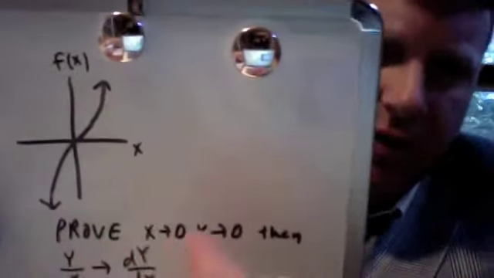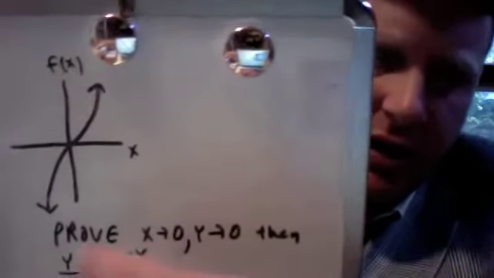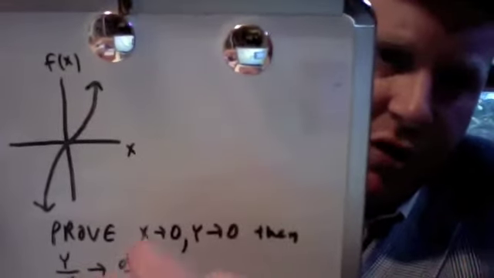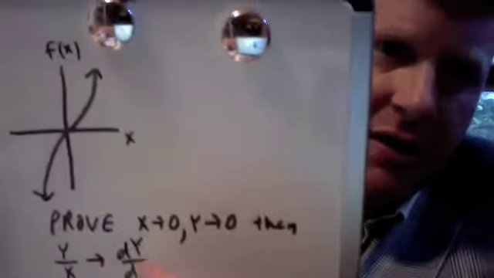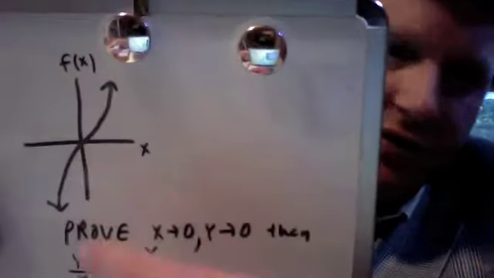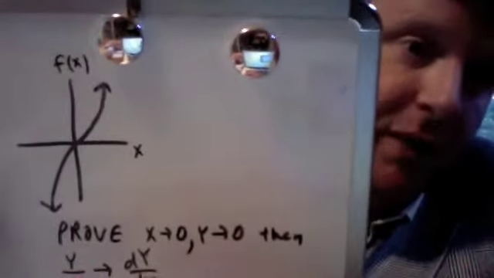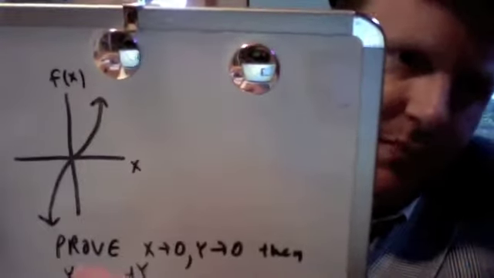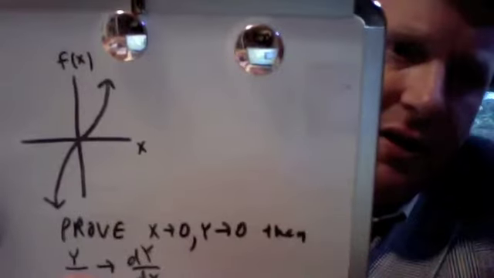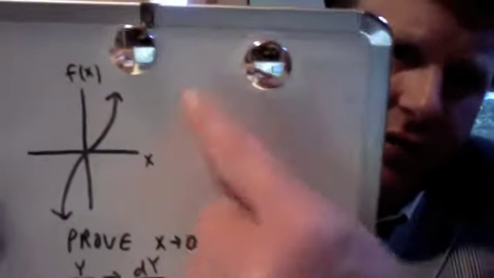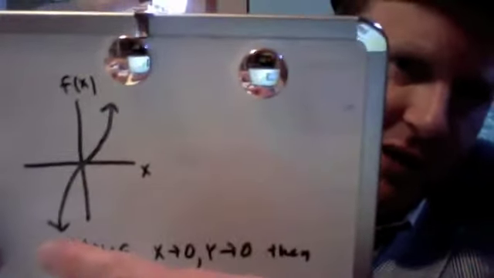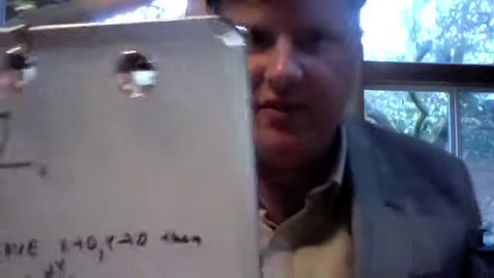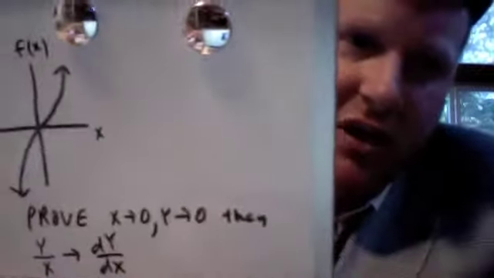Prove that as we move closer and closer to the origin, y over x approaches dy over dx. It's a very important concept for calculus. It actually makes life simple, because if I want to find the derivative at the origin, I just take the derivative of y over the derivative of x, whereas at any other point it becomes a more complicated process. So